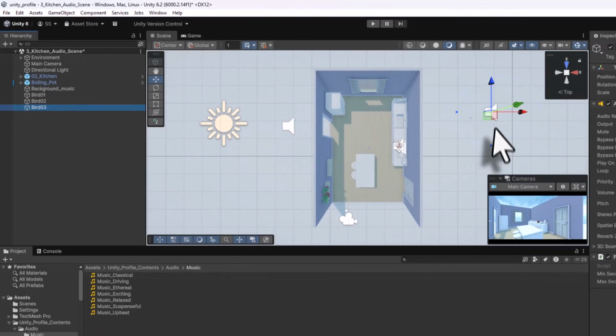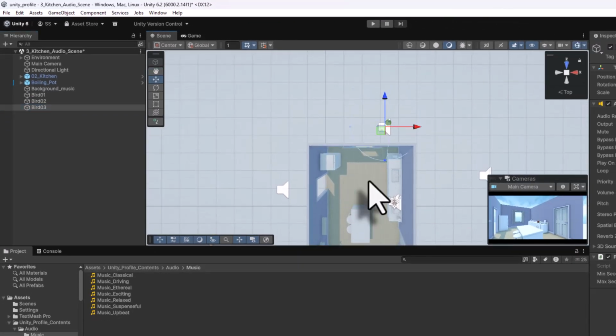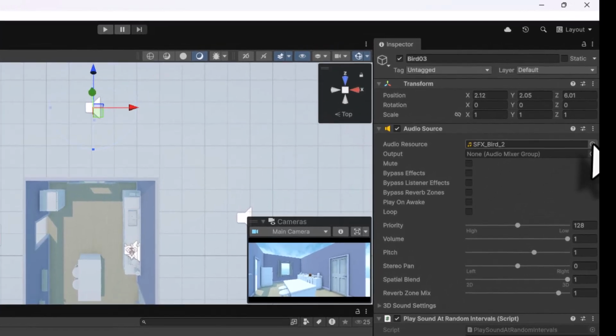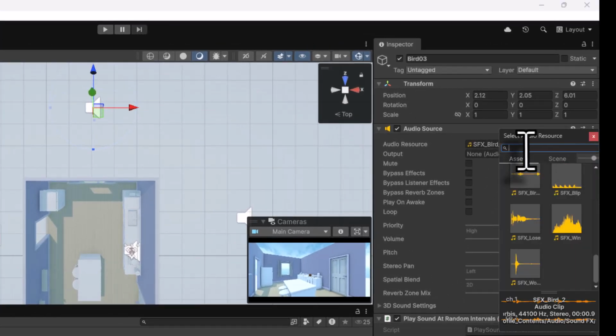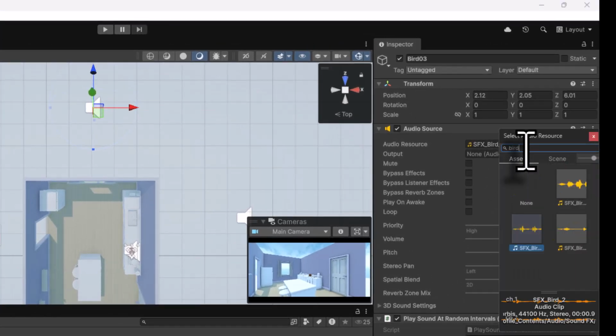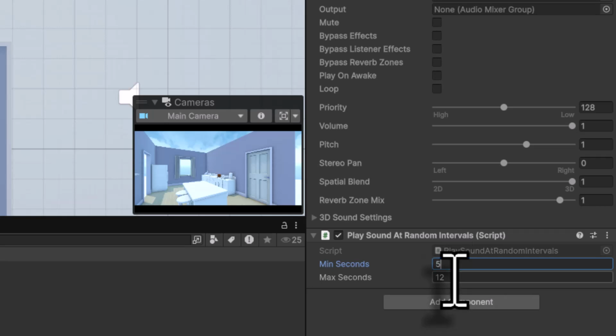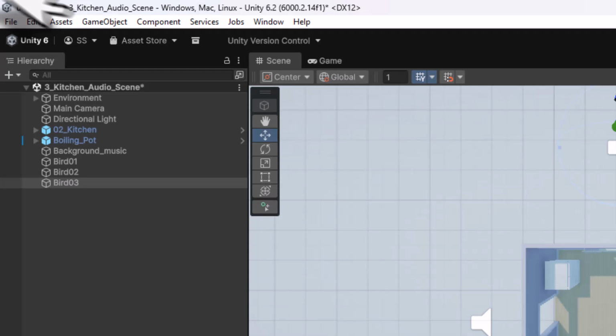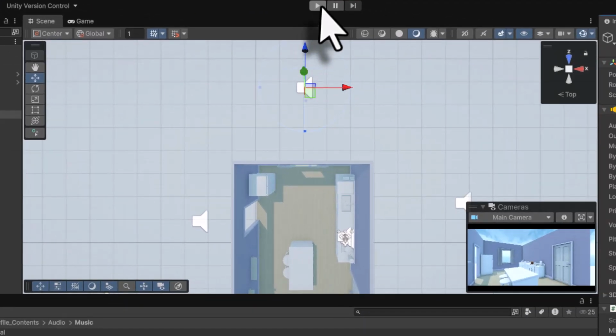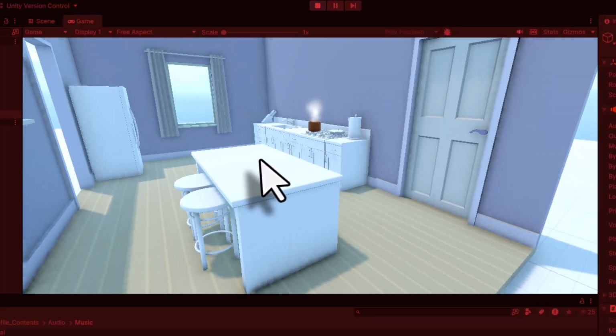Then I am going to select this, drag it with the middle mouse pressed, pan it down and place it at the back of my kitchen room here. In the audio source, I will click on this arrow and here again I will type bird and select this SFX bird 3. I will set its minimum to 5 and maximum to 15. I will go to File, save it, and now if I execute the game, you can now see